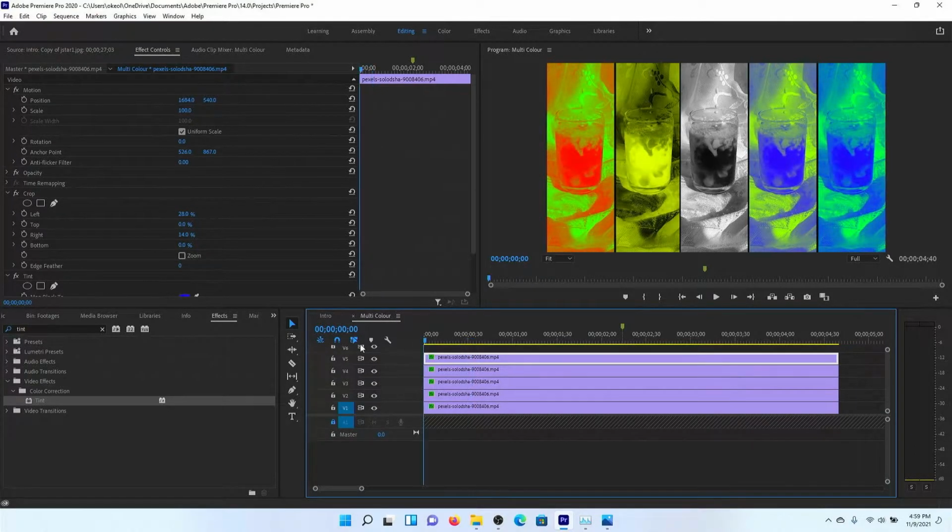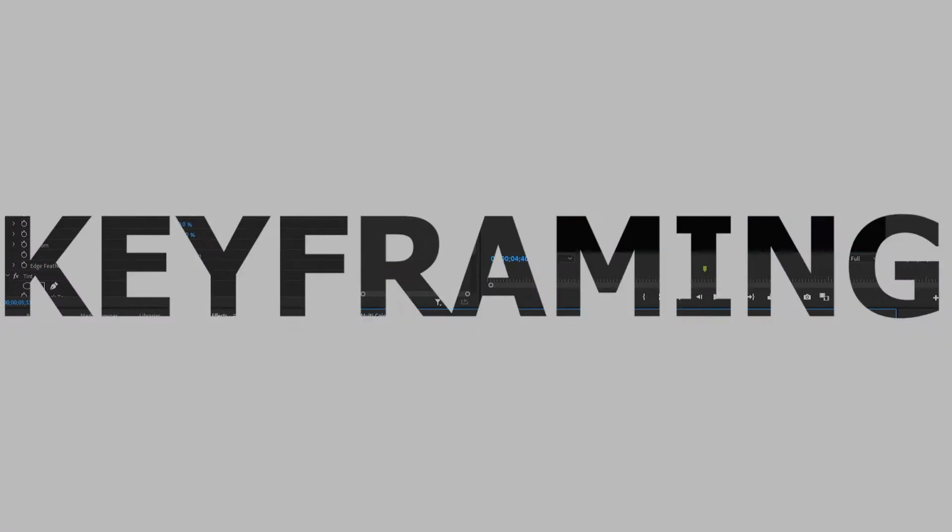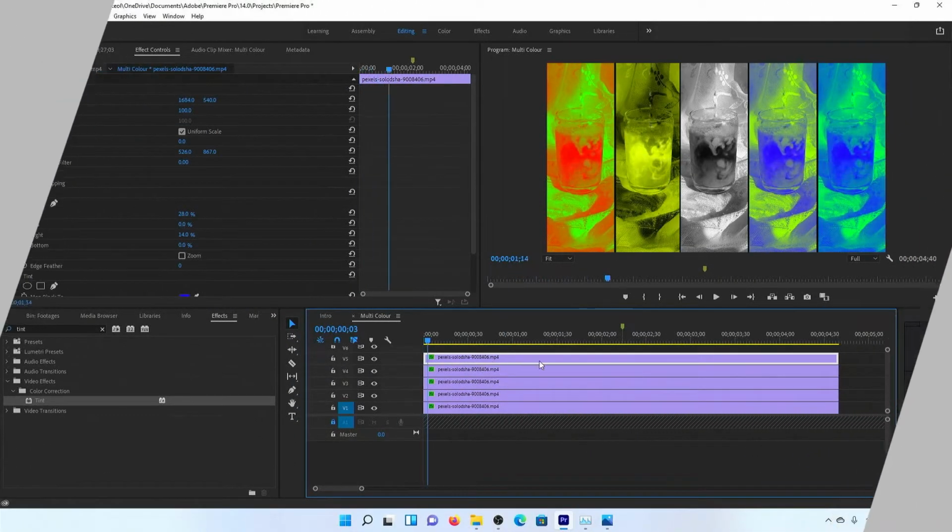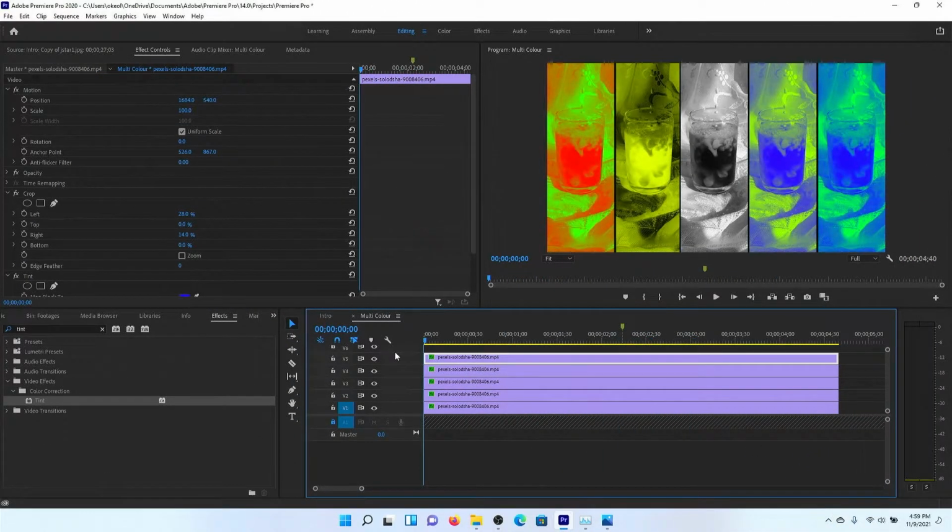Now we're going to be doing what's called keyframing. There's a little saying I say, which is keyframing is the soul of editing. I feel like there's no editing without keyframing. Because every effect you add to a clip changes over time. Not every single one, but things like transitions are just changing over time. So basically,